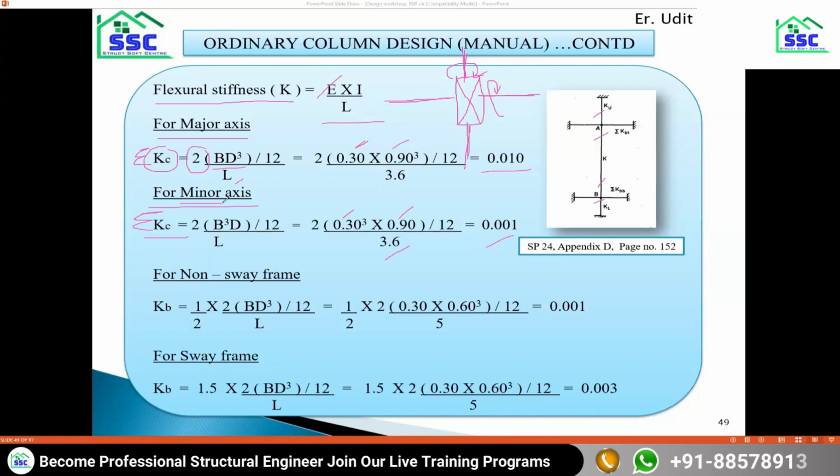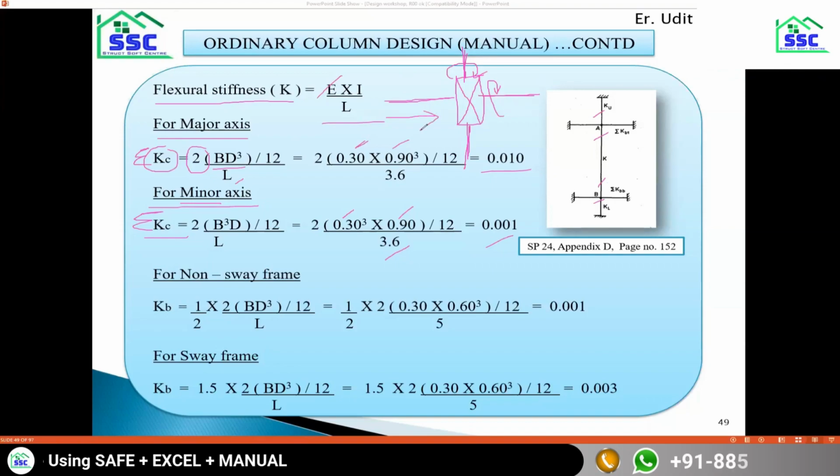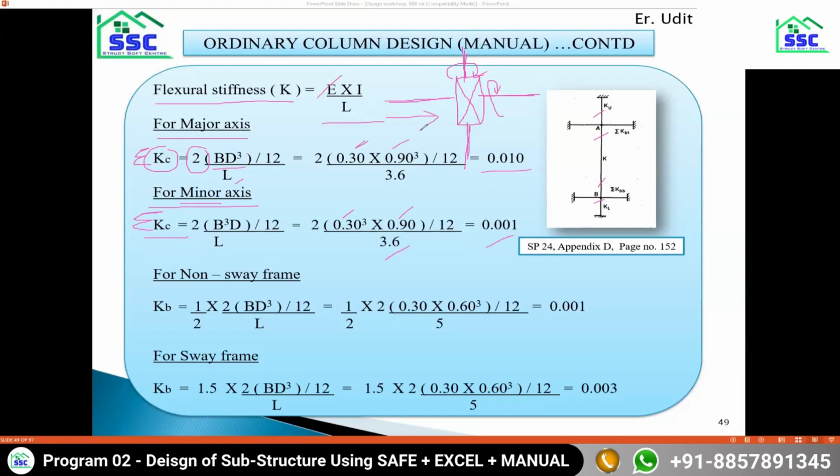That is what we have done. But when it comes to the beam, there is no need to calculate the stiffness in the major and in the minor direction, because whenever you have any lateral load in this direction, your flexural stiffness of the beam will still be BD cube divided by 12, because when the load is in this direction,